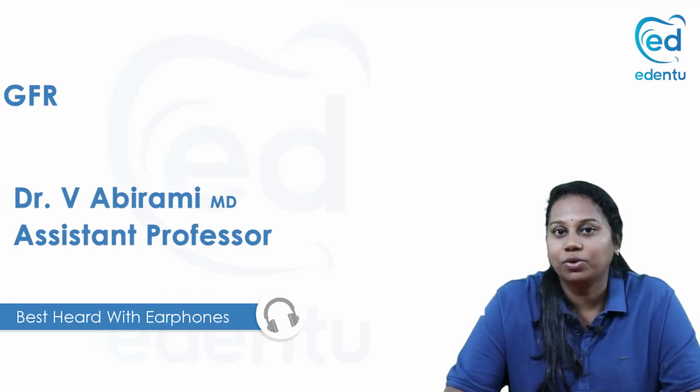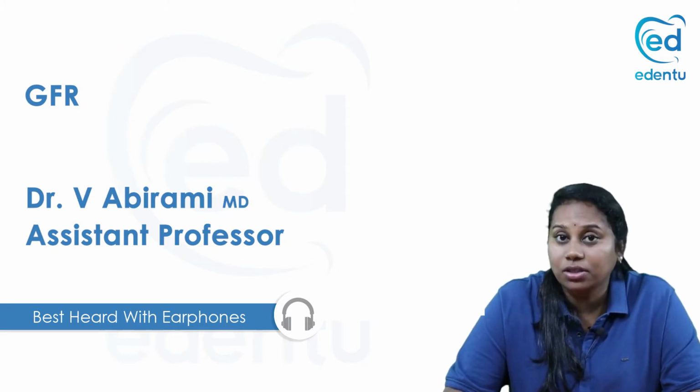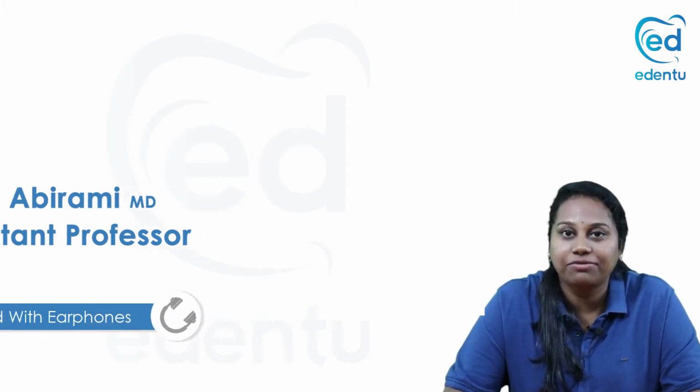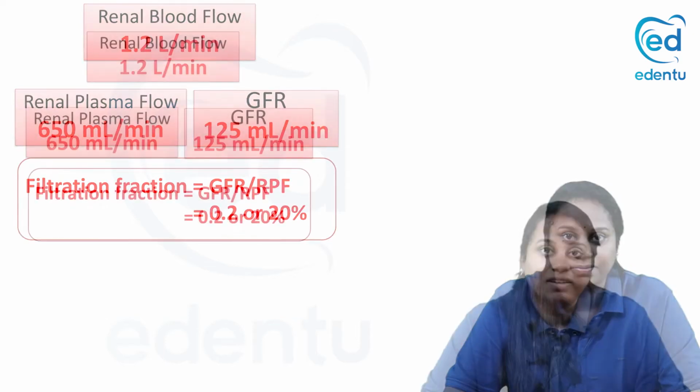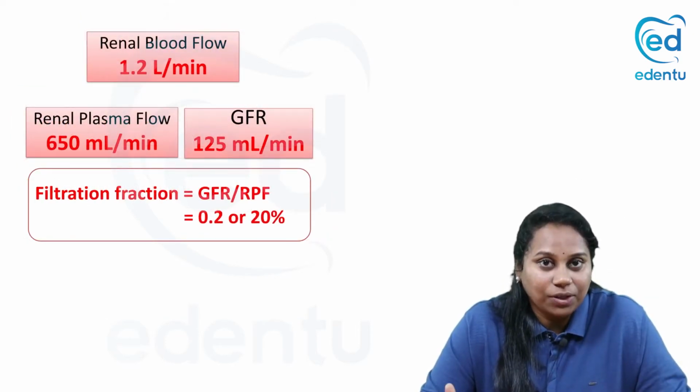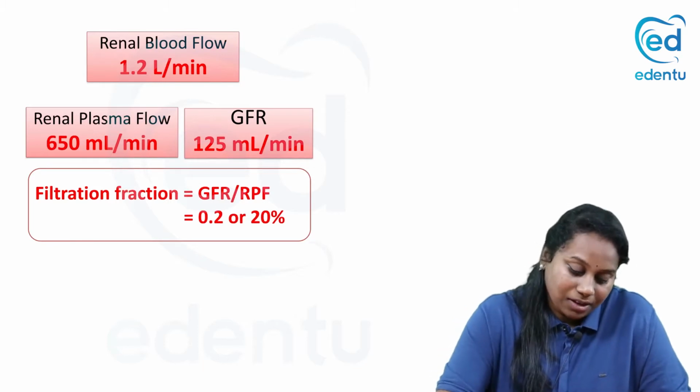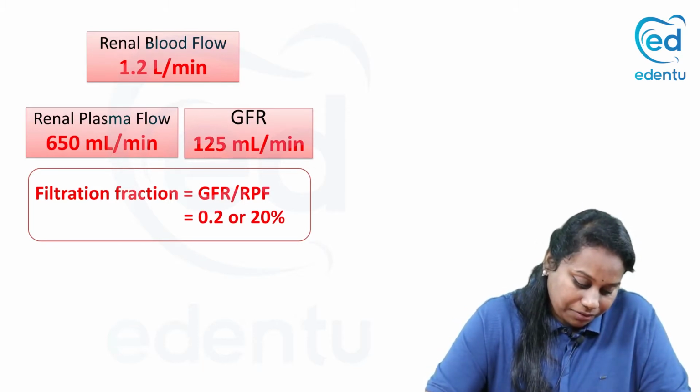In this session, we are going to learn about the most important topic in renal physiology, GFR, which is nothing but glomerular filtration rate. Now let's learn a few numerical values related to the kidneys. Renal blood flow,